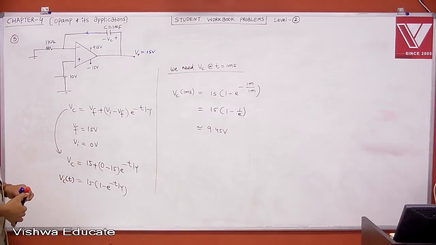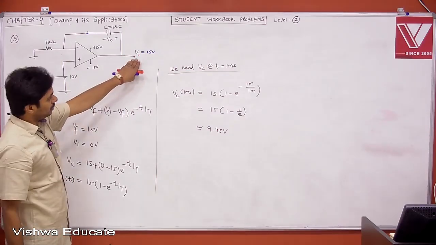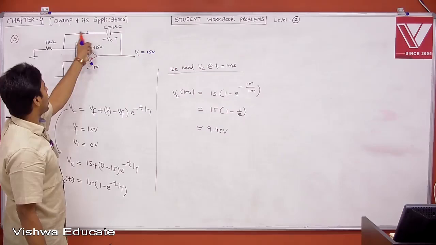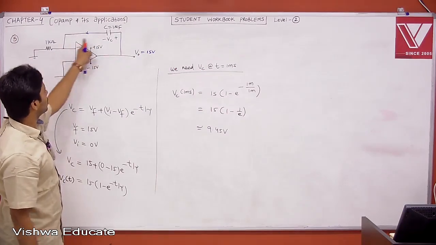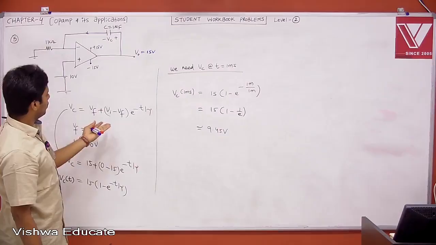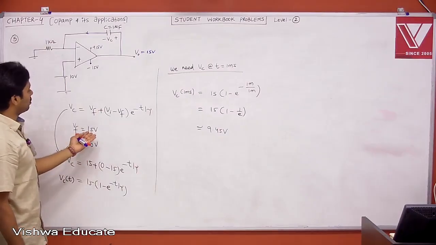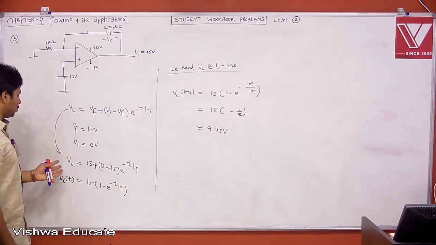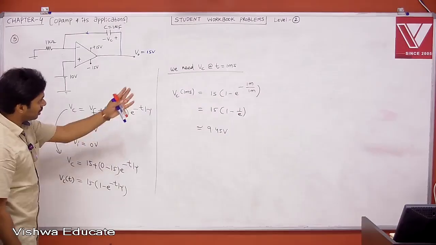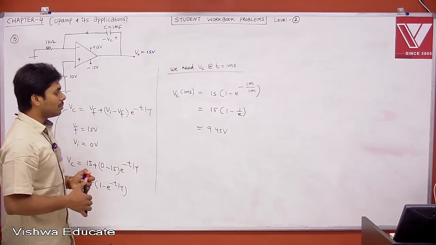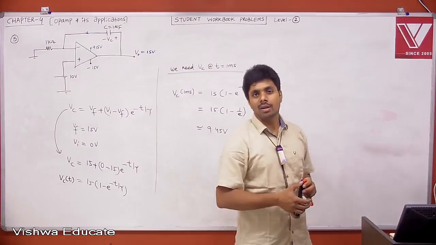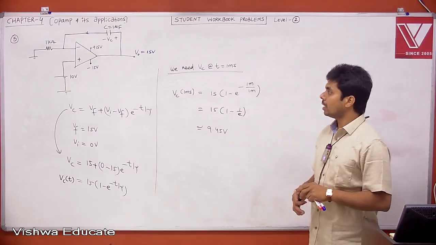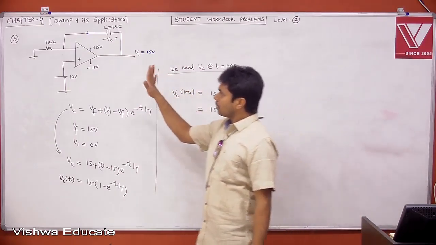If you treat this as 15, then it is nothing but an RC circuit. Your capacitor is charging through R and C. The time constant is nothing but RC. Then initial voltage is 0, final voltage is 15. If you substitute, at time t equal to 1 millisecond, you will get 9.45. But remember, this is an approximate answer. That is what matches the options you have. Strictly speaking, remember,